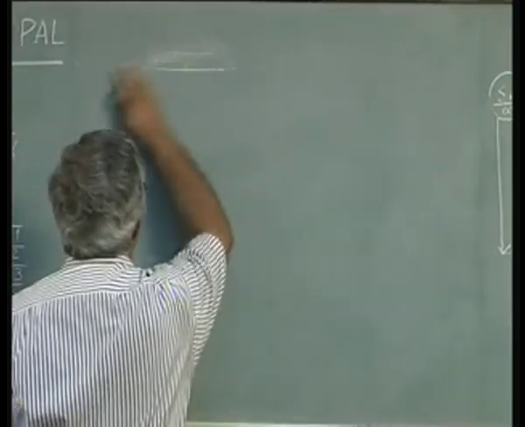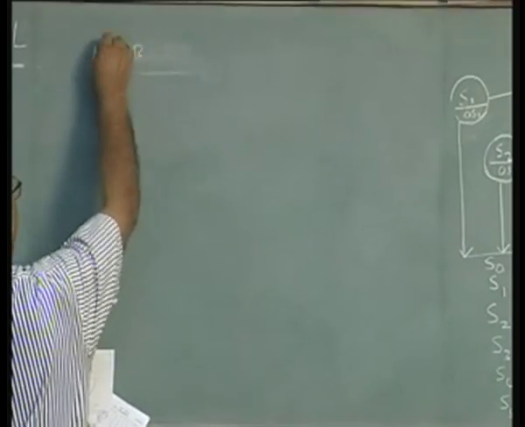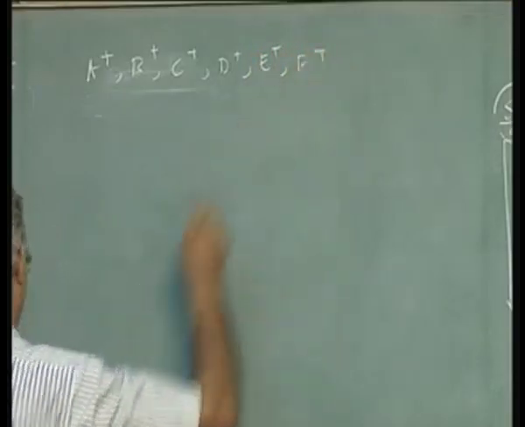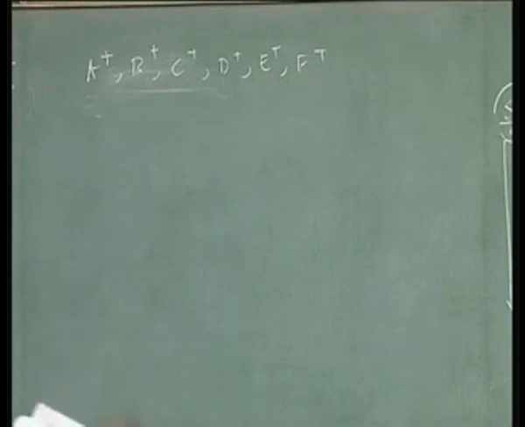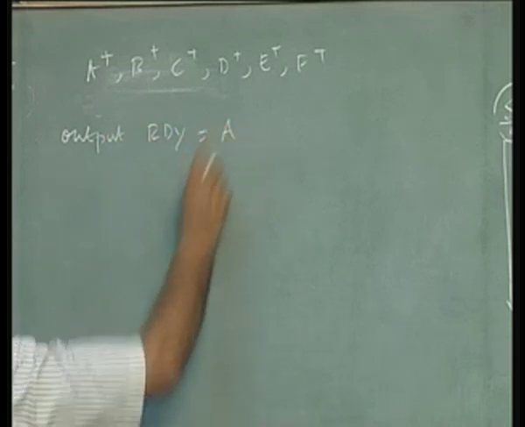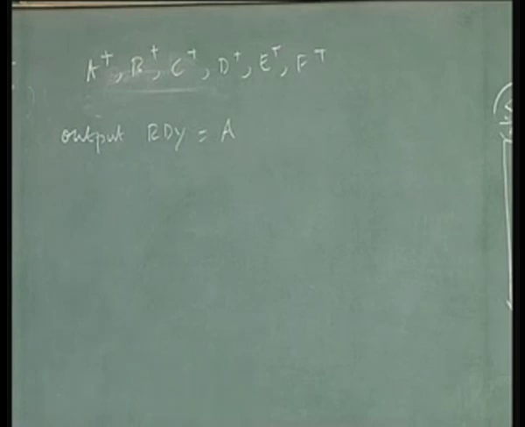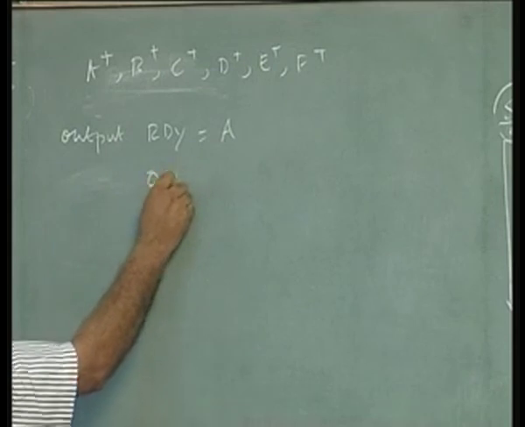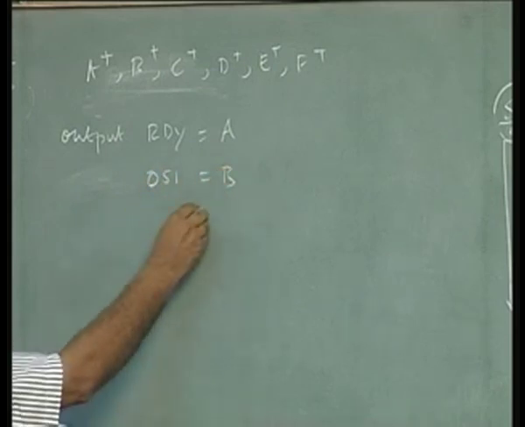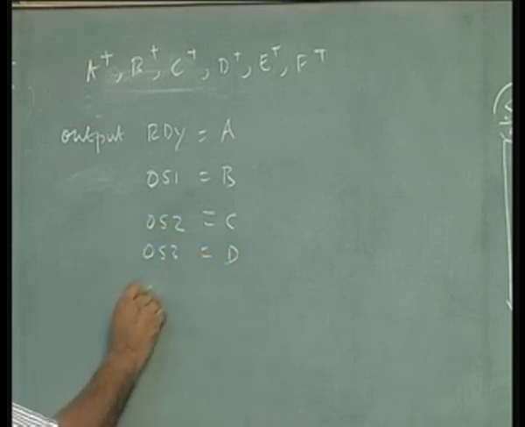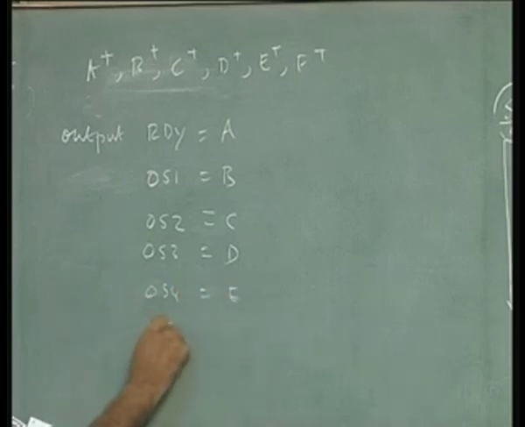So write state equations A plus, B plus, C plus, D plus, E plus, F plus, and then the outputs will be: the ready signal is A. So if you are in state S0, you will have a ready signal showing, and YS1, the output one, will be B, YS2 will be C, YS3 will be D, YS4 will be E, YS5 will be F,